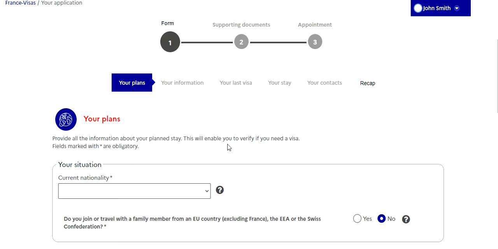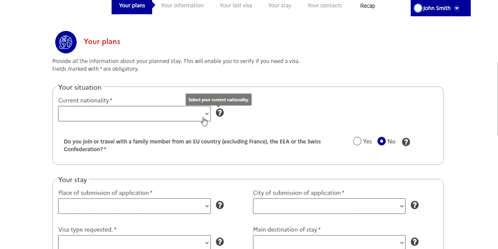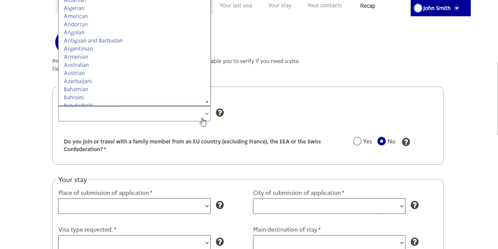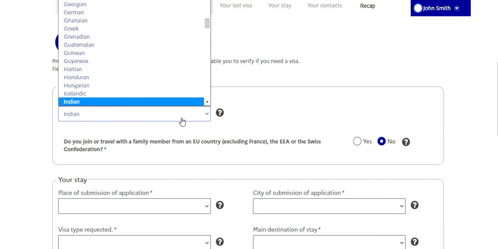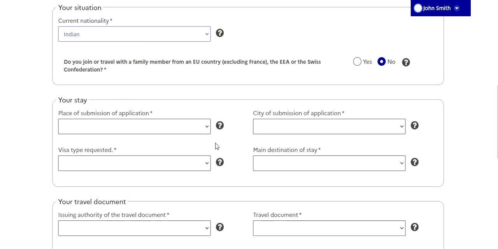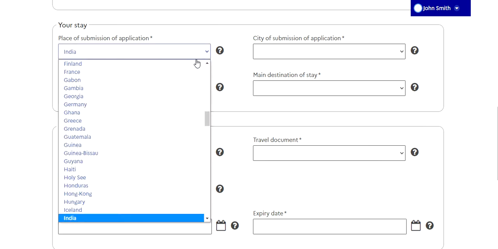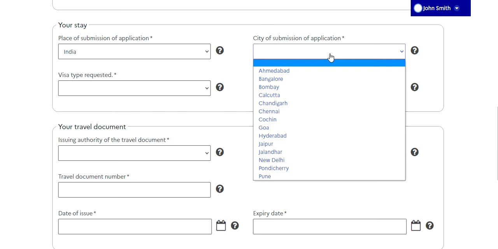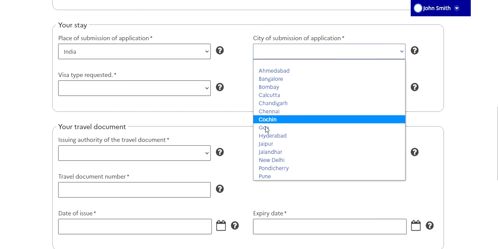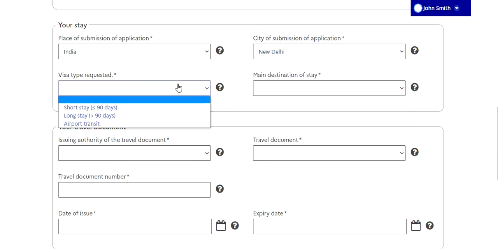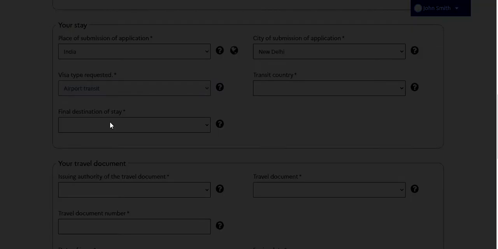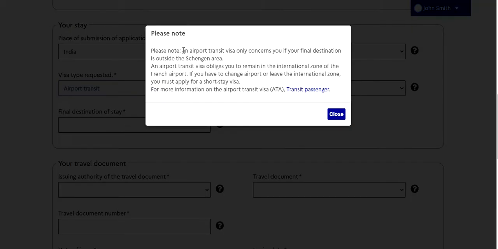Now I'm going to proceed. I'm going to add some sample place of submission, and this is just sample data, guys. City of submission, visa type, I select airport transit. Now it is telling you